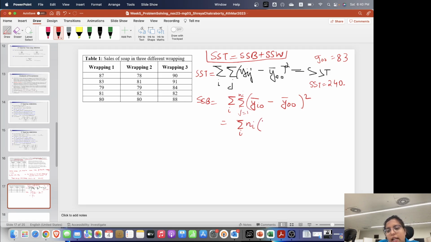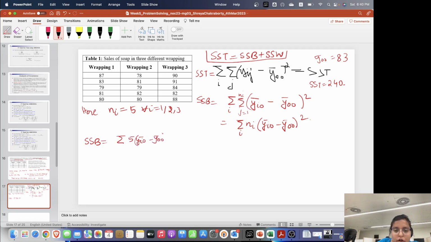Here we can write ni times (yi naught bar minus y naught naught bar) whole square. So here in this case ni is equal to 5 for all i equal to 1, 2, 3. So this is common. So then SSB becomes summation over 5 into (yi naught bar minus y naught naught bar) whole